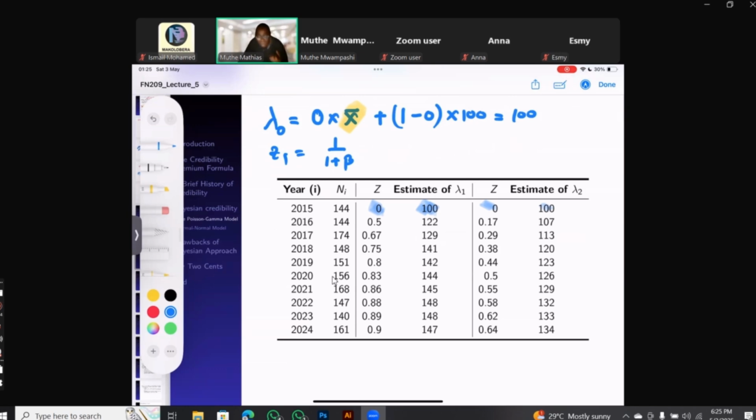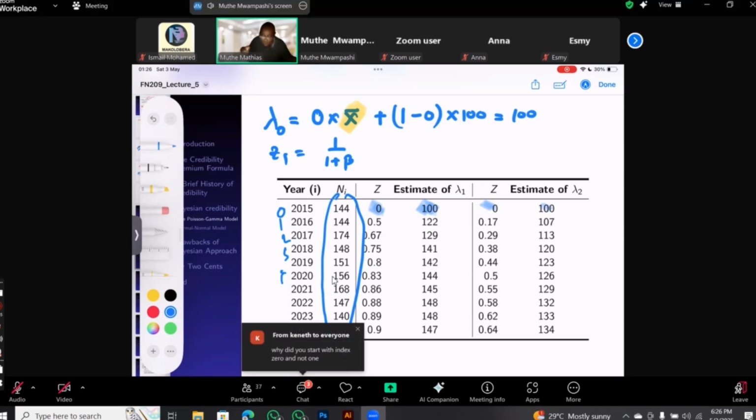So we are combining the data because these are the data you get. Year 0, the first year, the second, the third, the fourth, now you start to get the data. The more you get the data, the more you are going to update your prior belief. Because our prior belief was that the mean was 100 according to the prior, but we know the true value is 150. Right? So now we are saying the more you collect the data... why did you start with index 0 and not 1? Kenneth, I think